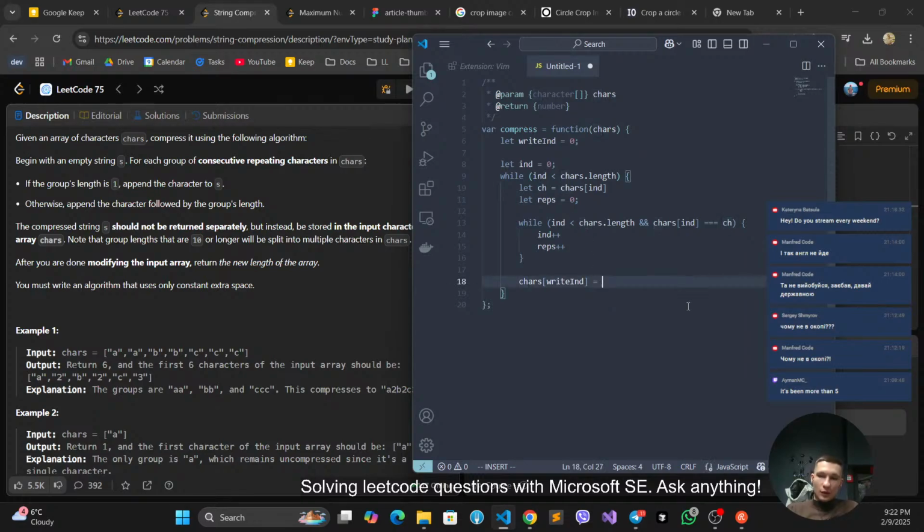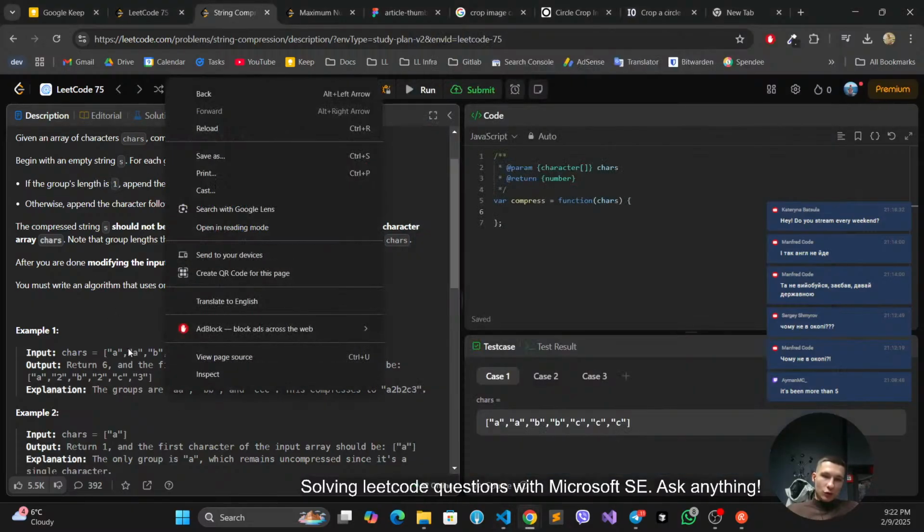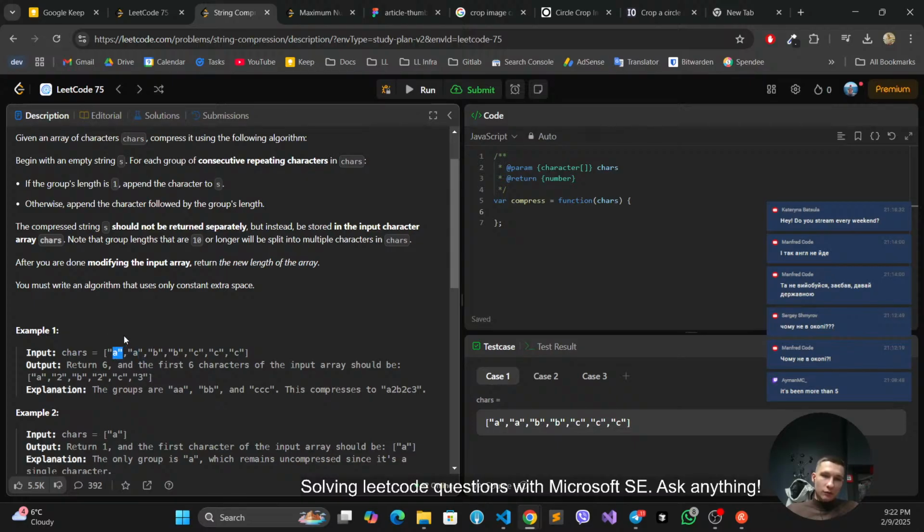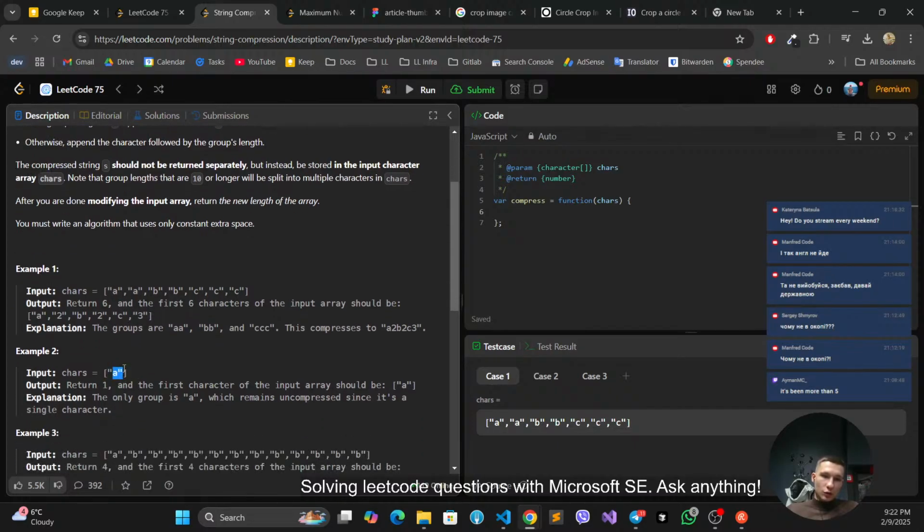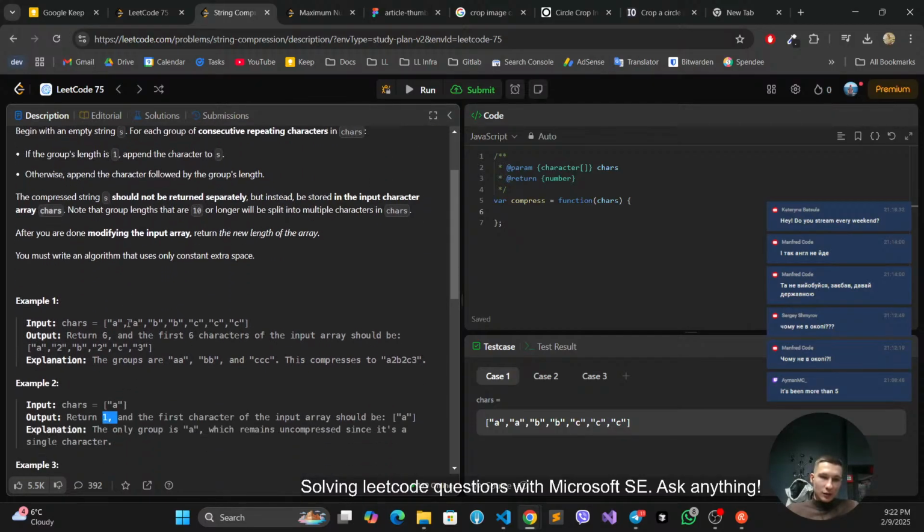We are putting this character, and only in case reps is more than 1, because it is stated here the length of the group is 1. So in case we don't have 2 a's and we have only 1 a, we just put a and that's it. So here we don't change anything, we just put a as it is and return 1 as it is the